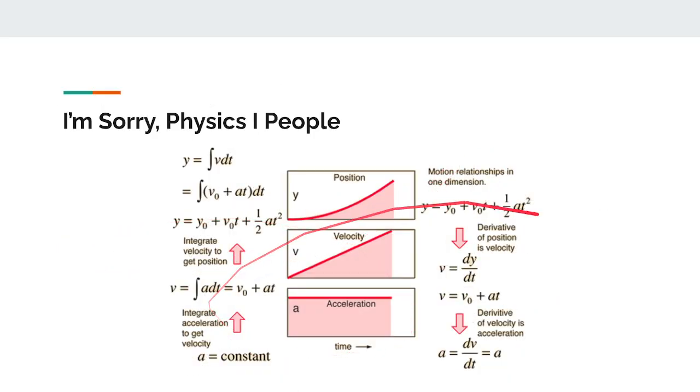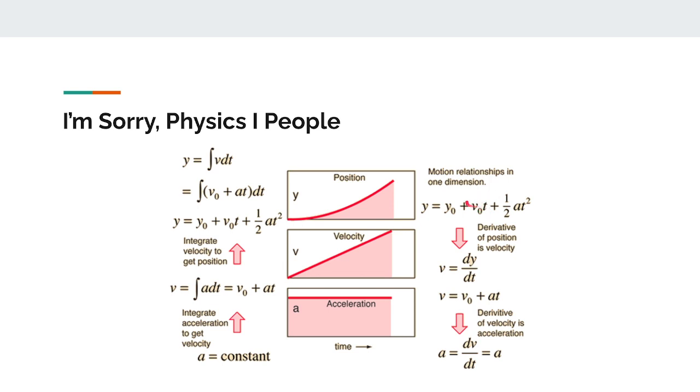Okay, so hopefully that makes sense. So that's how we also get the kinematics equations. If we have our position y equals y naught, that's a constant, plus v naught times t plus 1 over 2 at squared. The derivative of that, remember, we're doing it with respect to time. This is a constant, so this becomes 0. V naught t